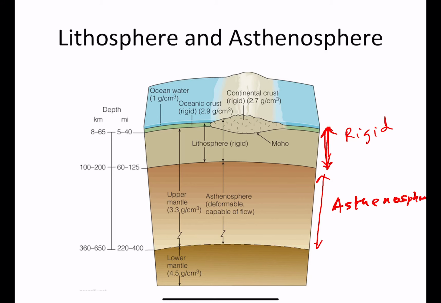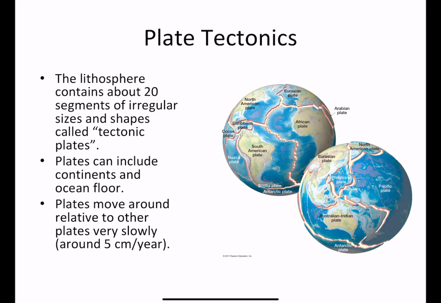Okay, so hopefully this is clear to you. The asthenosphere is directly underneath the lithosphere, and it's a region of semi-solid rock, which is easily deformable and can flow. And above the asthenosphere, you've got the lithosphere, which is hard, and it consists of the uppermost mantle and the crust. All right. As I mentioned earlier, the lithosphere is not completely intact, but it is broken up into these segments of irregular shapes and sizes, and these segments are called the tectonic plates, or plates for short.